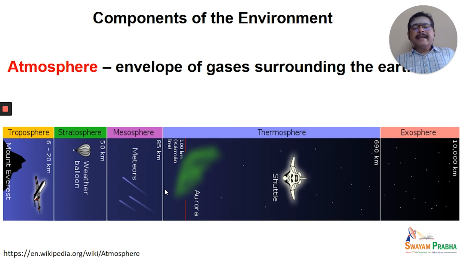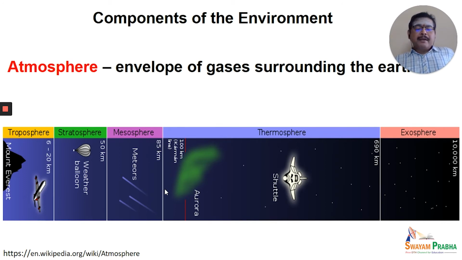One thing. Second, it also kills the plants. In the sense, it also disturbs the plant growth. So that is also being prevented by the ozone layer. In fact, we will have a detailed discussion about the ozone layer in the subsequent classes. Next come the mesosphere, thermosphere, and exosphere. The maximum distance is approximated to be 10,000 kilometers.